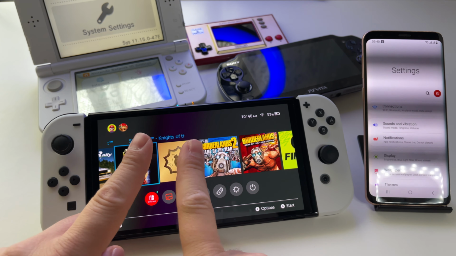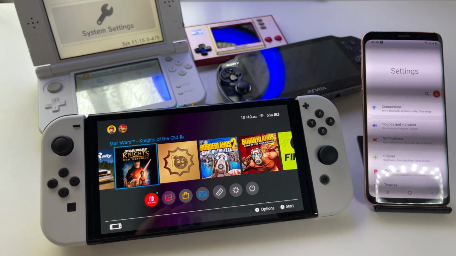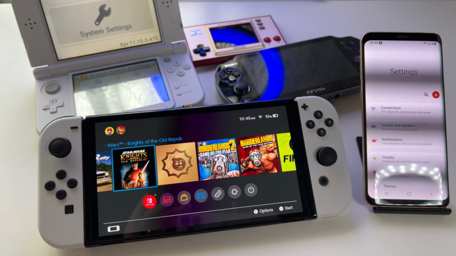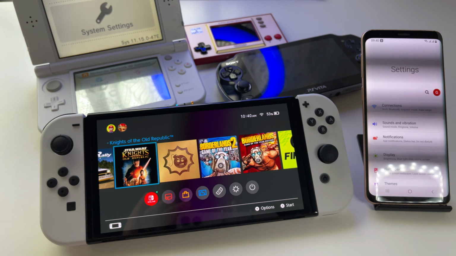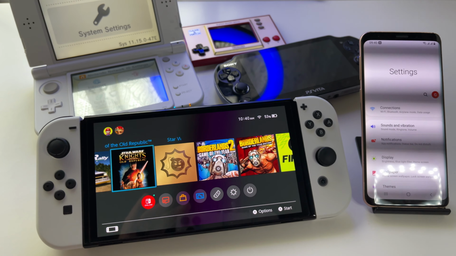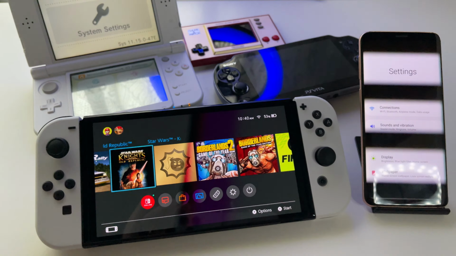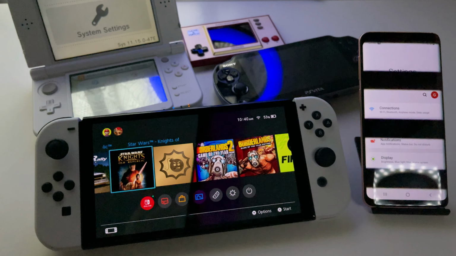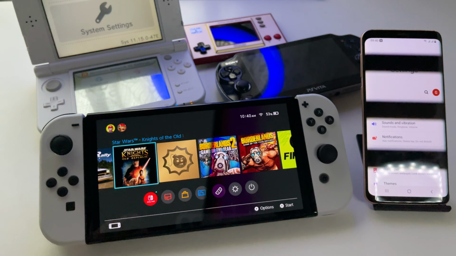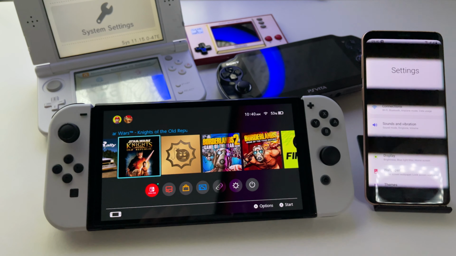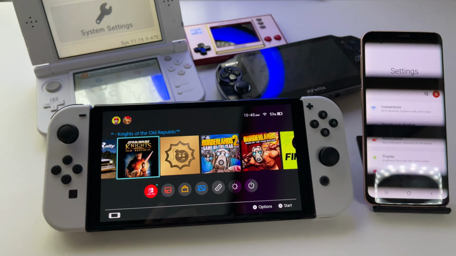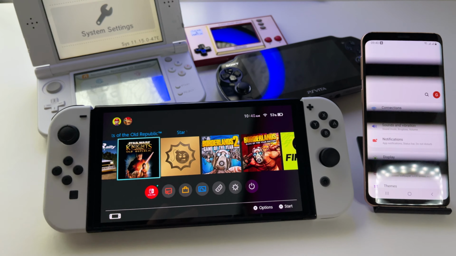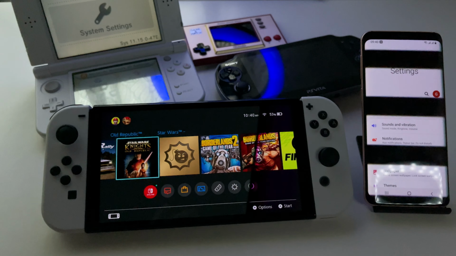Basically this is moving. Let me see if I can make it move faster. Yes, at this moment we have the possibility to get something like this. Look